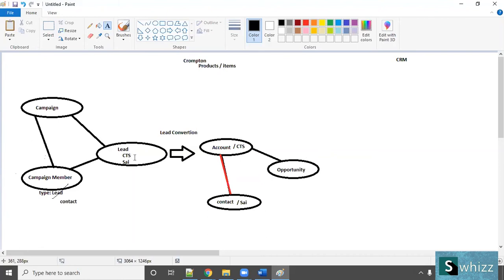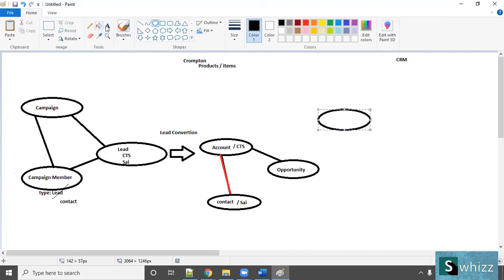Let's say I have sold 10 refrigerators, for example. Out of 10 refrigerators, that information will be available in the opportunity. Out of the 10, one refrigerator failed, some installation problem. What do we do? Sai will raise a case.